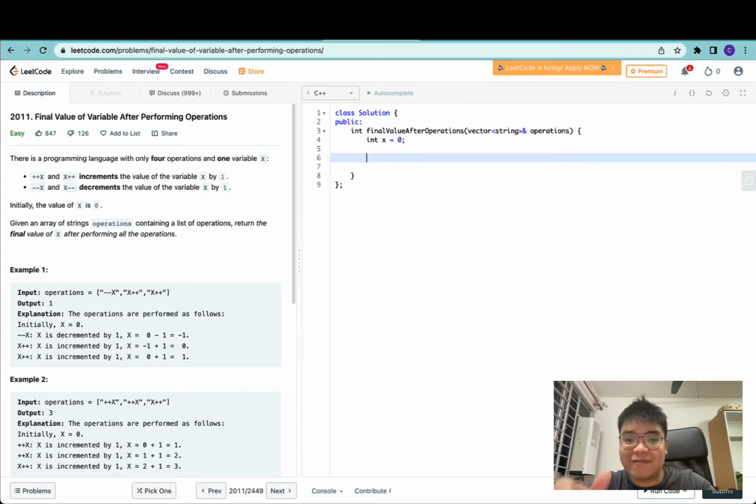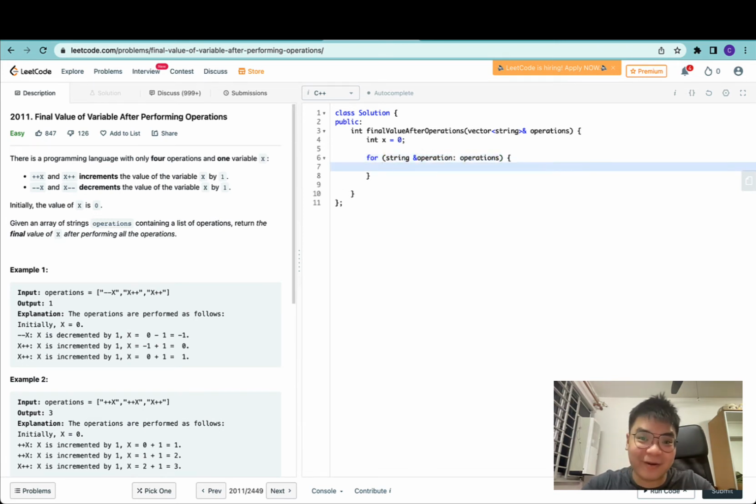This would be representing the value after the operations, and we would start iterating through every single string in this case. Once again, this is a reference to the same string in this vector of strings. Editing this would mean editing the items inside the vector of strings. Just to be clear to our viewers, C++ can be a little confusing, especially for viewers like myself who come from a Python background. But in this case,